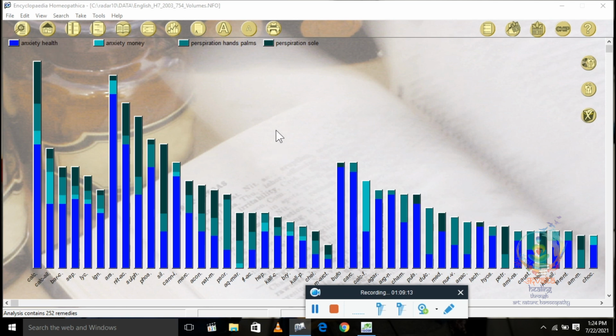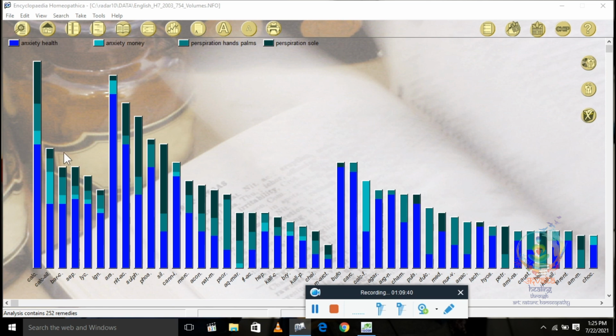Now let's see, if you want to analyze according to family, then Radar and Encyclopedia both give you a feature to analyze according to family. You can see how beautiful it is to be more precise according to materia medica with the use of software.